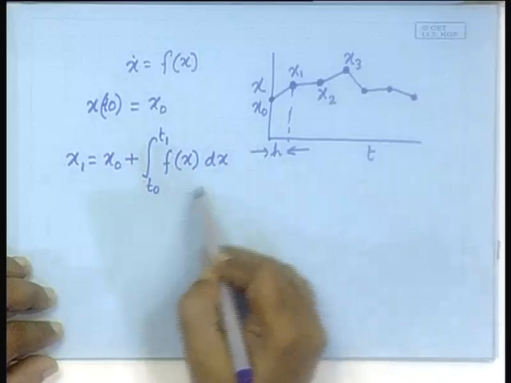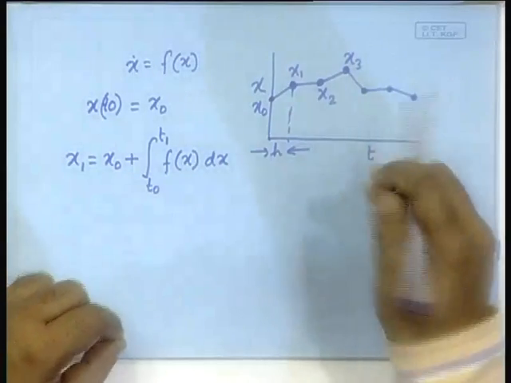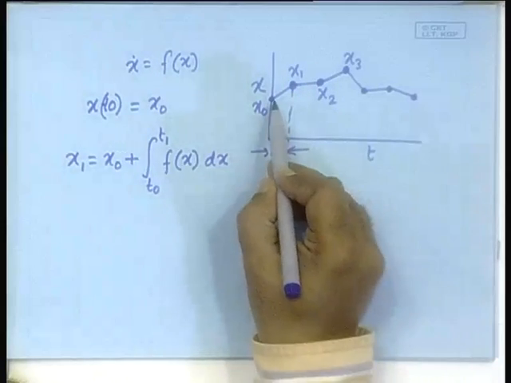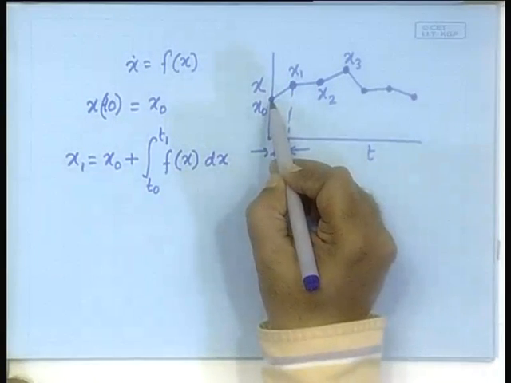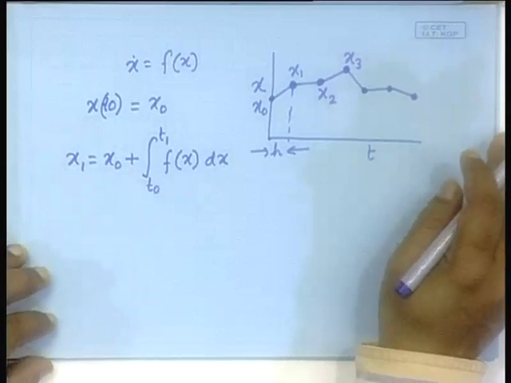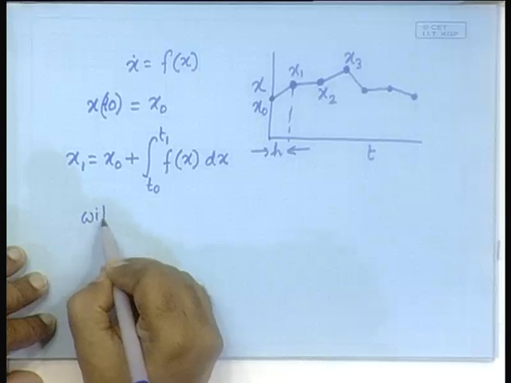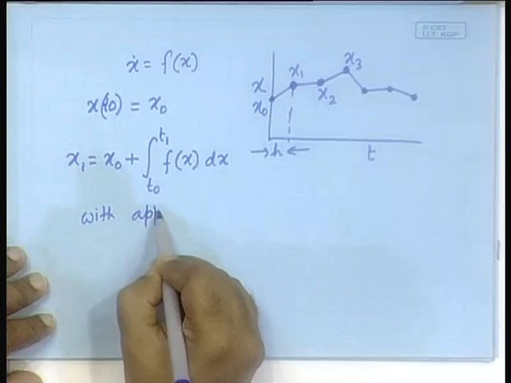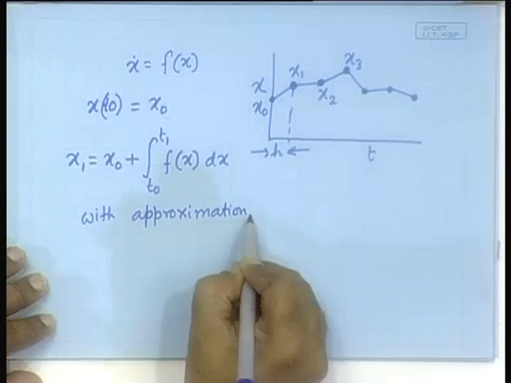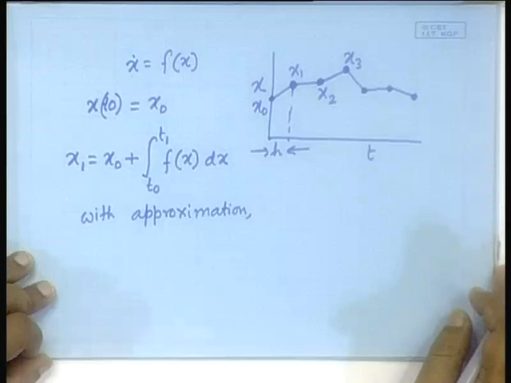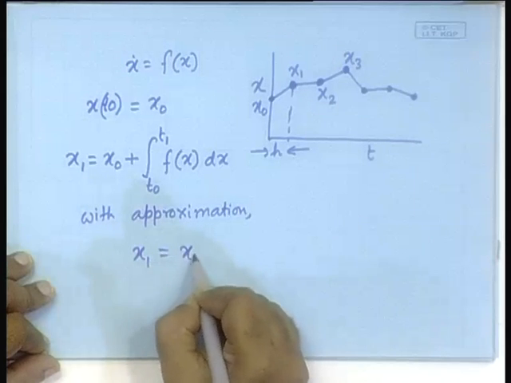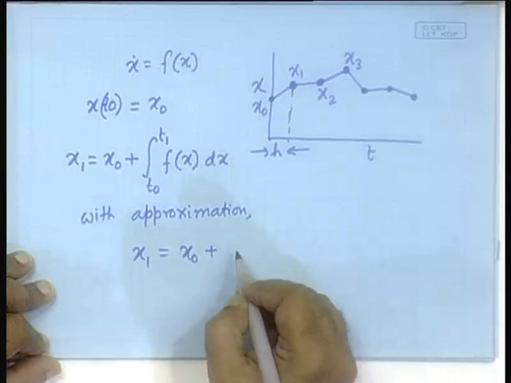But then this is not known, and that is why you needed to take a step, that is why you needed to make an assumption or approximation, and the approximation was that this slope that was calculated at this point remains the same till this point. Okay. So, with approximation then we would say that x 1 is equal to x naught plus h